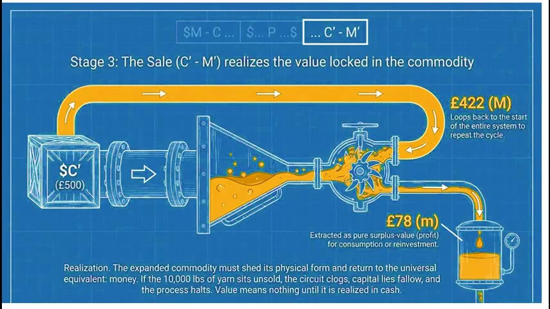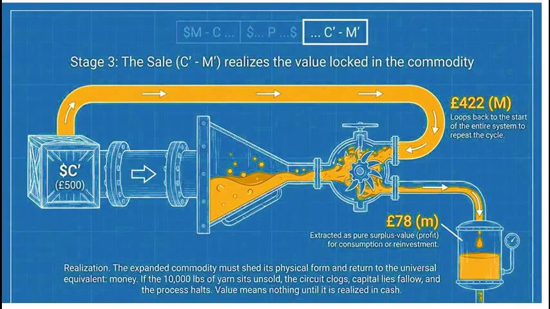But this is exactly where the risk lies. The newly enriched commodity has to be successfully transformed back into money. This is a critical moment of realization. The capitalist returns to the commodity market, but this time as a seller. They absolutely must successfully sell the total mass of the commodity to actually realize that 78 pounds of surplus value in the form of cold hard cash. If they only manage to sell a portion of the 10,000 pounds of yarn, they might only make back their initial 422 pounds. To realize the true M prime, the expanded money, they have to sell the full C prime